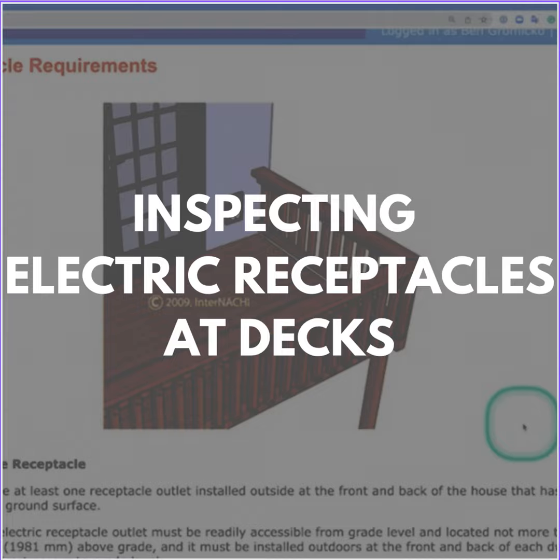We're inside InterNACHI's free online How to Perform Deck Inspections course, looking at the receptacle requirements at the deck. There must be at least one receptacle outlet installed outside at the front and the back of the house that has direct access to the ground surface. At least one electric receptacle outlet must be readily accessible from grade level and not located more than 6 feet